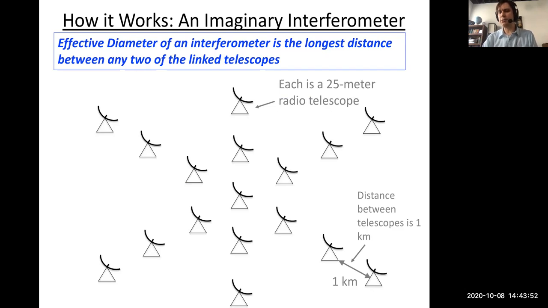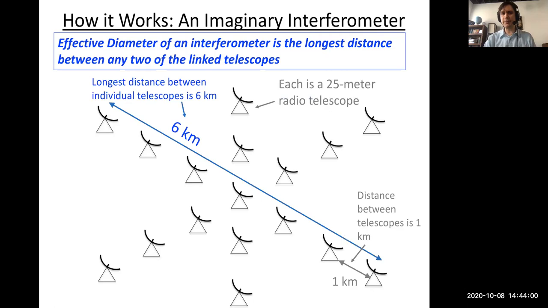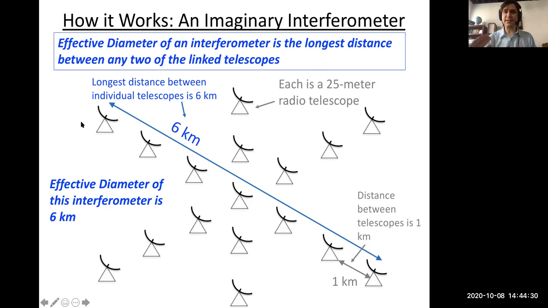But all of that information, while it is important to the actual operations of an interferometer, what we're after here, the effective diameter, is determined by the longest distance you can find between two telescopes. And that would be this right here. And this would end up being 6 kilometers between this telescope and this telescope. So this interferometer has an effective diameter of 6 kilometers. So you always want to look at the largest distance between two telescopes of the array, and that sets the